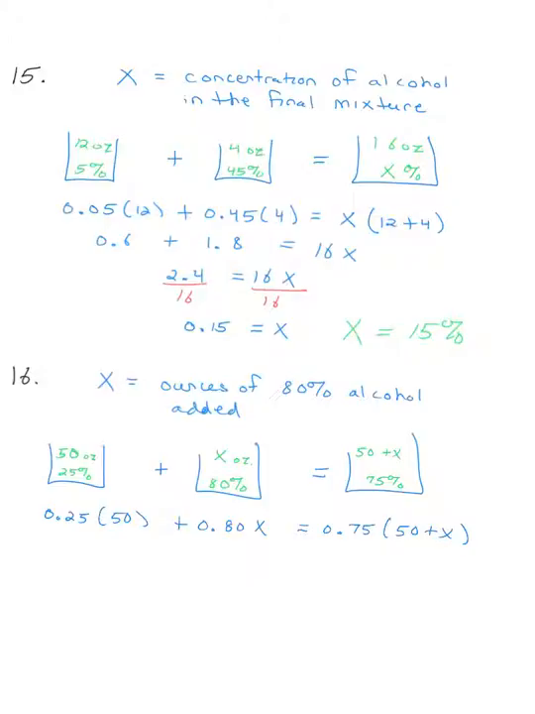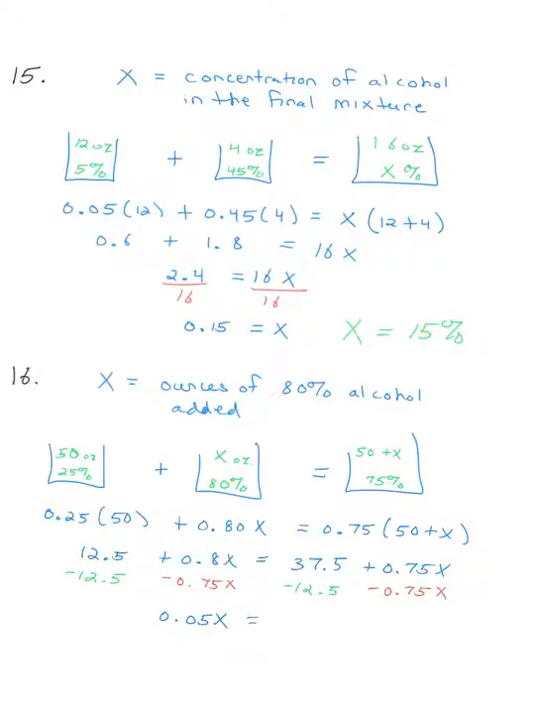Okay, so we get 12.5 plus 0.8x is equal to 37.5 plus 0.75x. I suppose the approach I'll take is subtracting the 0.75x from both sides. And in the same step, why not just take away this too? And what we are left with is